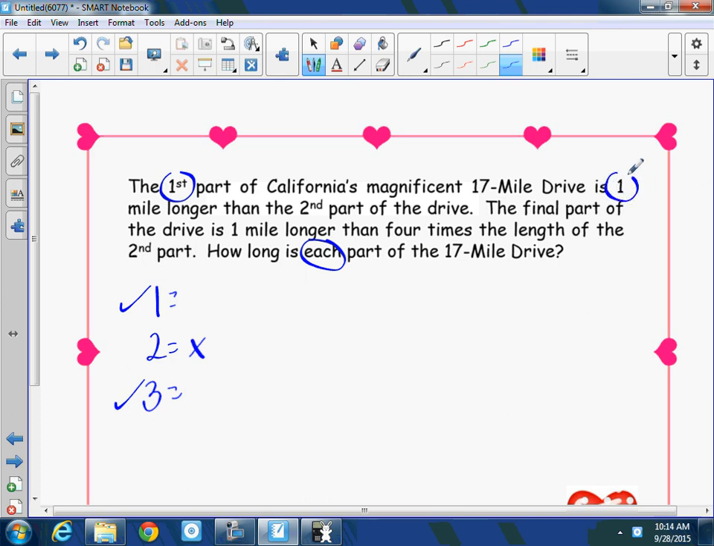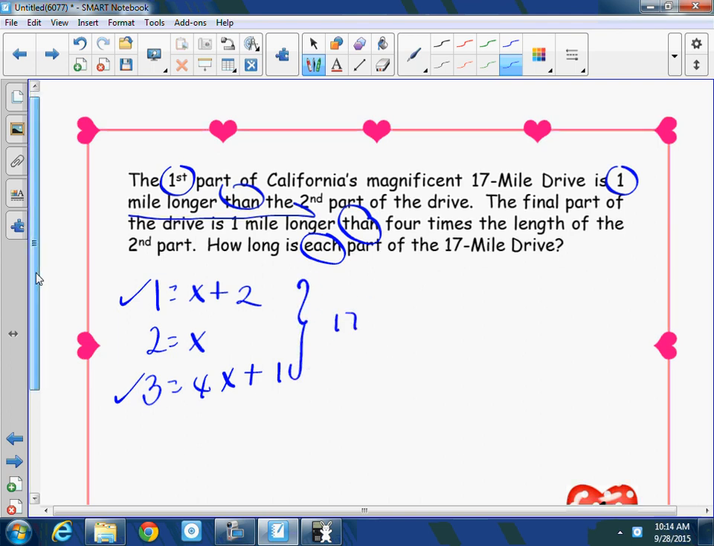The first part is 1 mile longer than, that's your backward words, the second part of the drive. So if it's 2 miles longer than the second, it would be x plus 2. The final part of the drive is 1 mile longer than, backward word, 4 times the length of the second part. So 4 times the second would be 4x. If it's longer than, it would be plus 1. And then the total would be